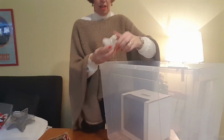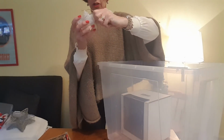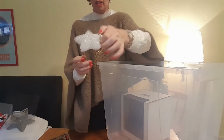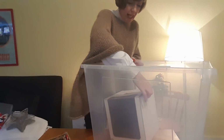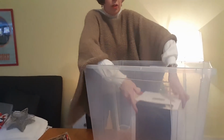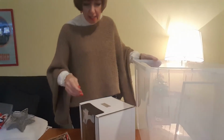And this is one of those for putting in the tree. No, that's going in the bin. Plastic recycling. And the last one in this box, and then I will stop it there. Last thing is,